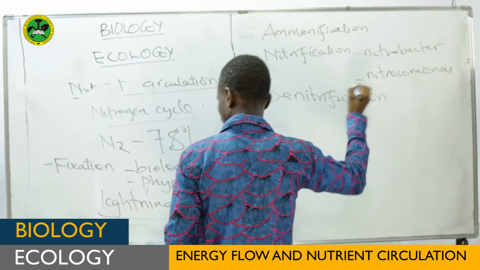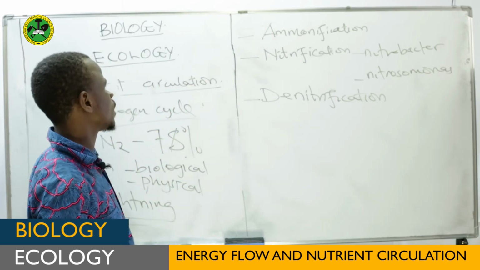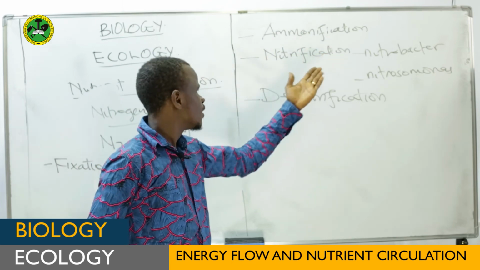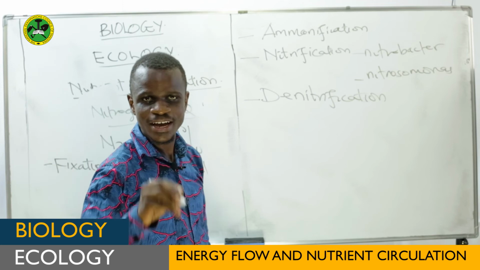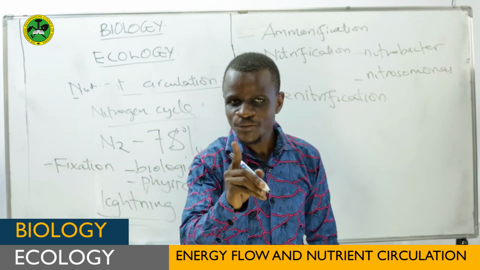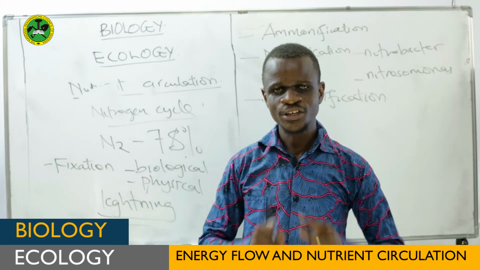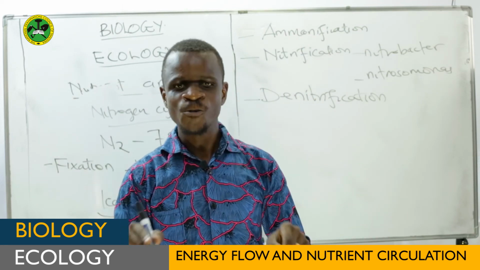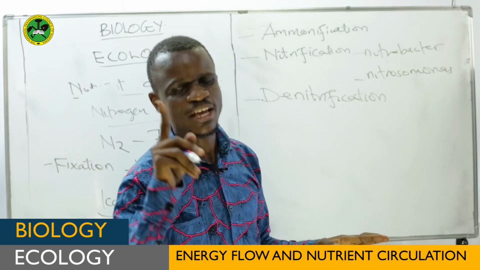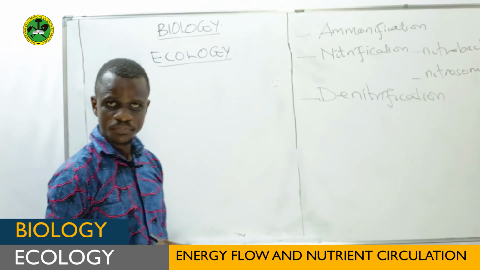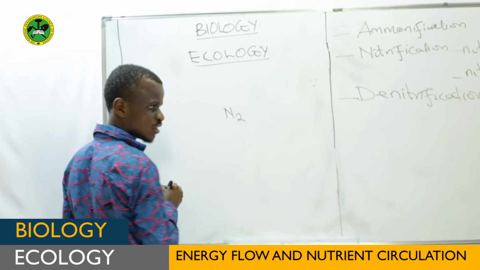Therefore, my students, the nitrogen cycle involves this process: fixation, ammonification, nitrification, denitrification. Hope you have your paper, you have your pen. Can you define now what is nitrogen fixation? What is ammonification? What is nitrification? And what is denitrification? Okay, now we have 70–80% of nitrogen in the atmosphere,